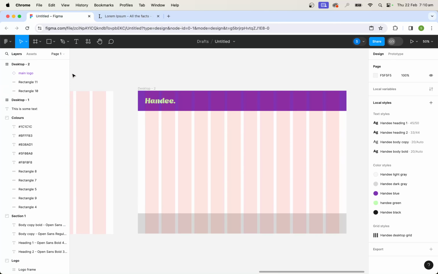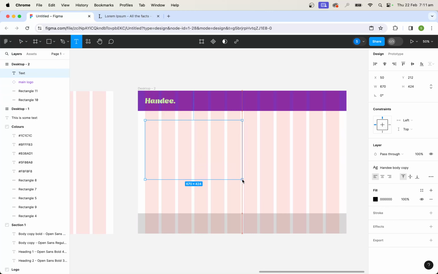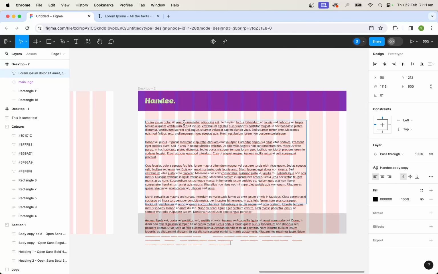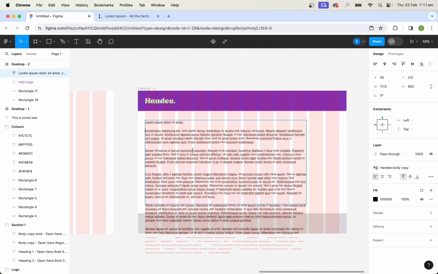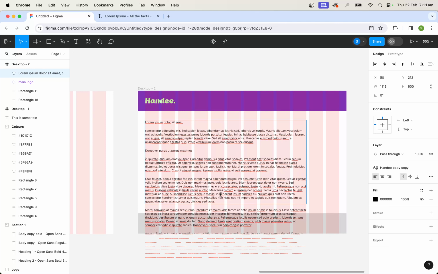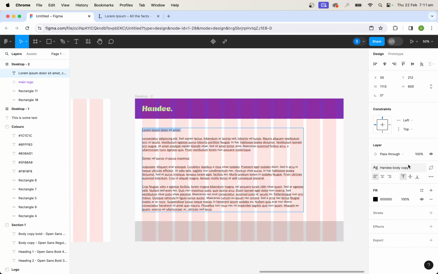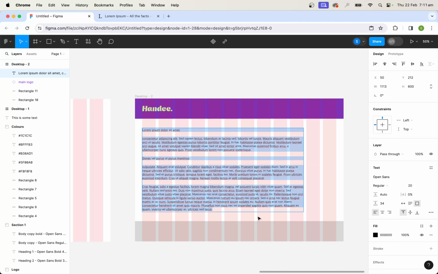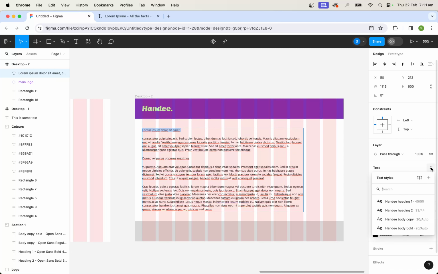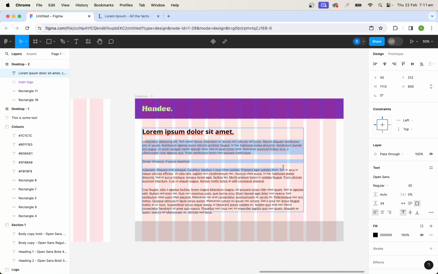I'm going to copy that and drag out a text box if I can. Make a couple of headings. That's probably enough text for us. So, a heading at the top, just de-link the body copy style that was assigned there, and then I can come over to text and under my styles choose any of these. So this is going to be my heading, this is going to be body copy, this is going to be a subheading,